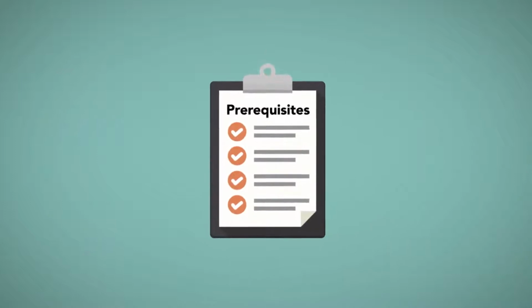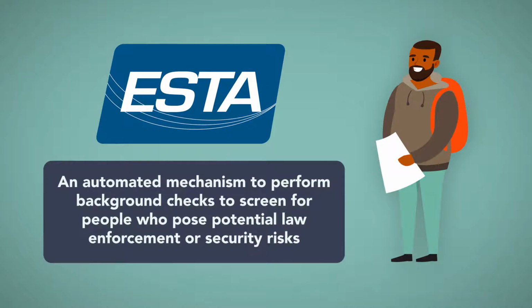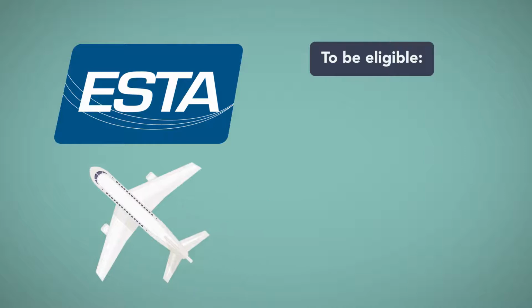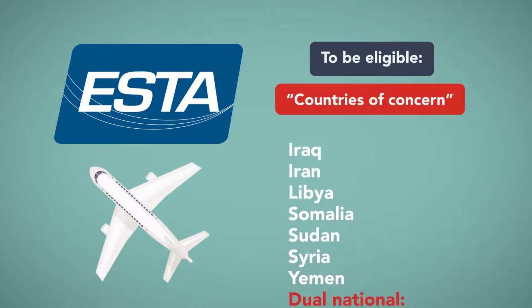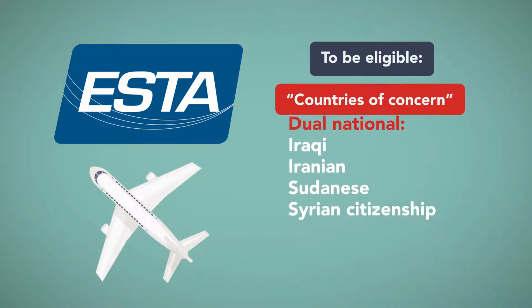If these prerequisites are met, the next step is to obtain authorization to enter the U.S. through the Electronic System for Travel Authorization. This system is not a visa, but rather an automated mechanism to perform background checks to screen for people who pose potential law enforcement or security risks. To be eligible for Electronic System for Travel Authorization status, the foreign traveler must not, since March of 2011, have traveled to certain countries of concern. As of 2019, Iraq, Iran, Libya, Somalia, Sudan, Syria, and Yemen, or be a dual national with Iraqi, Iranian, Sudanese,